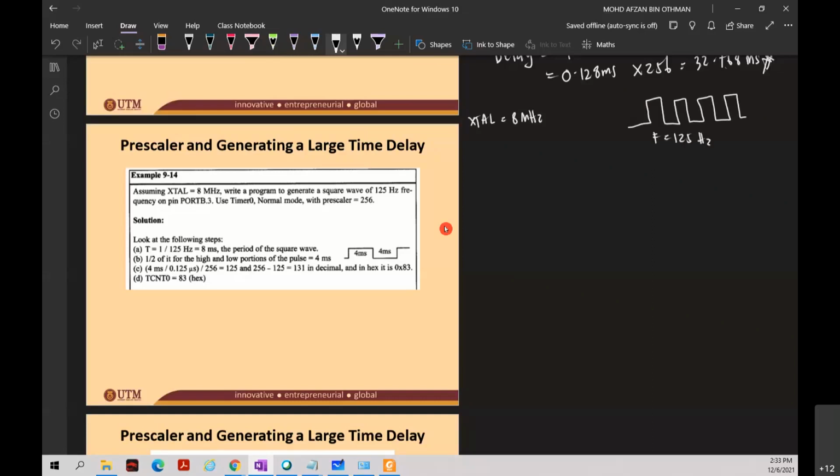Okay, so now you're confusing. Okay, kamu ada dua frekuensi ni. Satu frekuensi yang ni, satu external. Okay, jangan mix up lah. Okay, external ni adalah frekuensi processor kamu, while yang ni 125 Hz adalah frekuensi square wave ni. Okay, so from here you can get your T. T untuk square wave. Okay, so T square wave sama dengan 1/f, 125 Hz. So kamu akan dapat